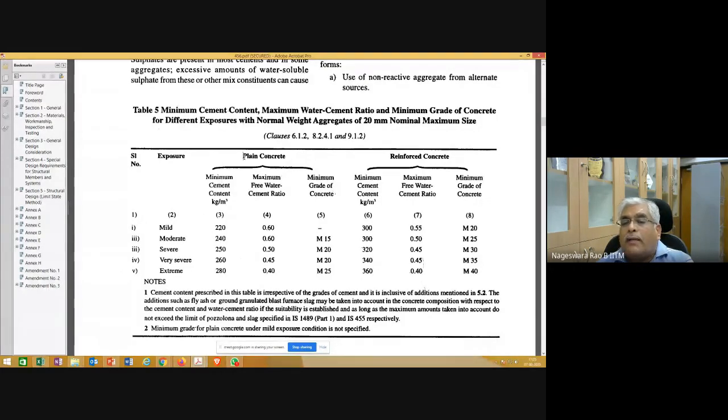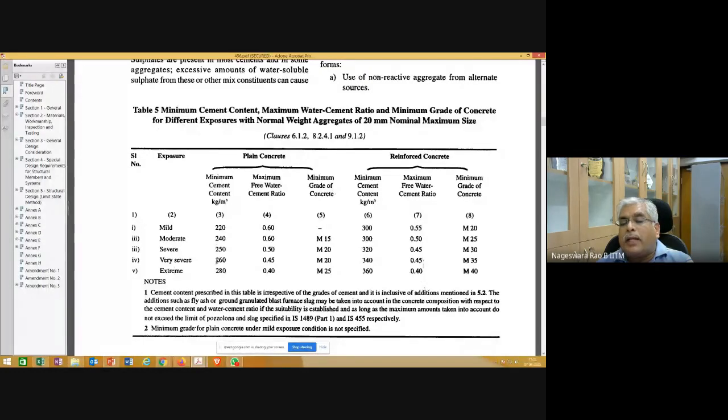If you have that kind of situation for plain concrete, what is the minimum cement content? What is the maximum water cement ratio? What is the minimum grade of concrete? Minimum grade of concrete. It's not saying minimum grade of cement. Please note that. So exposure condition, if it is mild, moderate, severe, very severe, extreme, what if it is plain concrete?